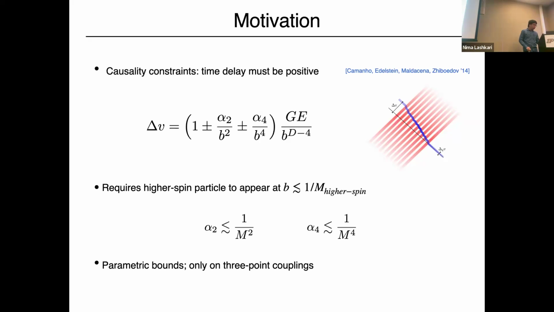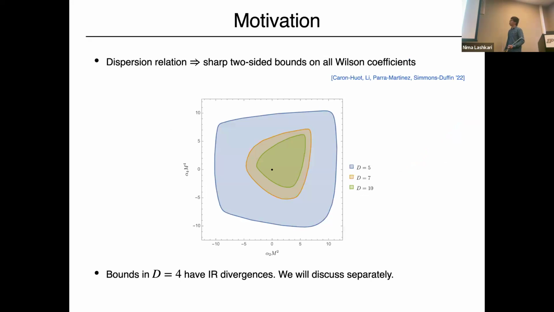And so there's another way. There is indeed another way of arguing constraints on this coefficient that would give you sharp bounds, and also it will give you bounds on these contact terms, and it's by using dispersion relations. So I'll explain in detail the idea of this method, but basically this method gives you some sharp two-sided bounds on all the Wilson coefficients